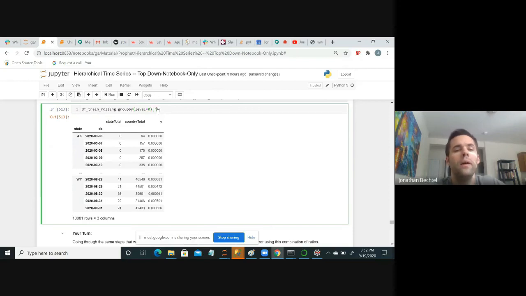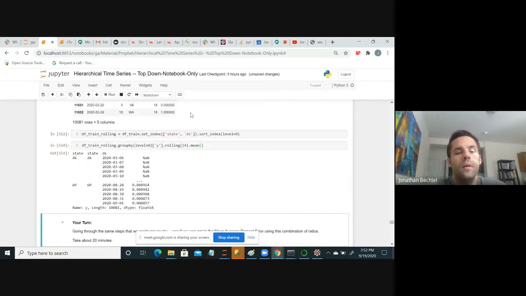Let's grab the Y column. Let's calculate. Let's take 14 days. So basically the 14 here says, go back 14 dates and take the average. What this is going to do is, the first 14 values for each one of these states are going to be missing because there weren't 14 values to go by. But here what we have now is the 14-day moving average calculated for each one of the